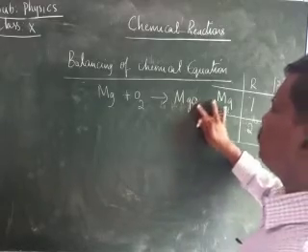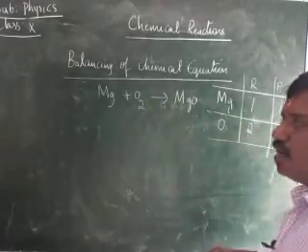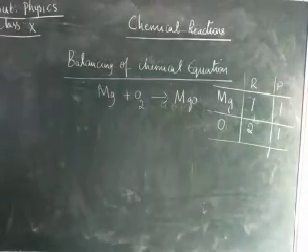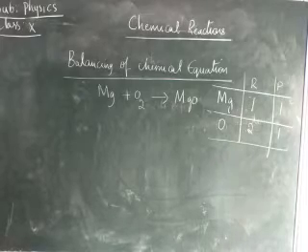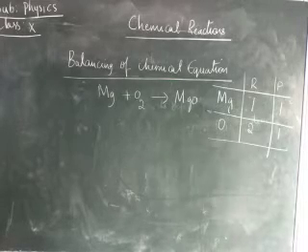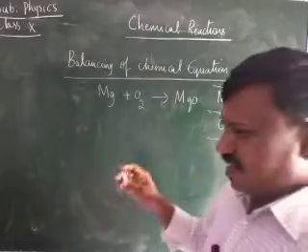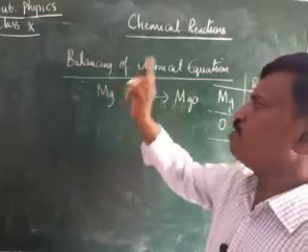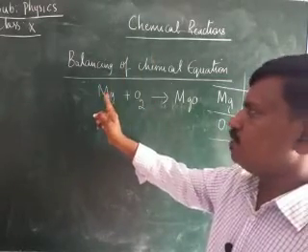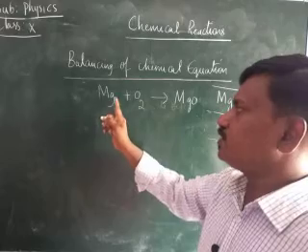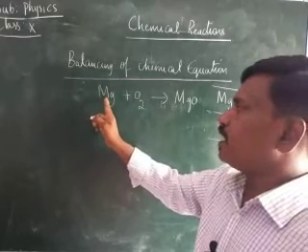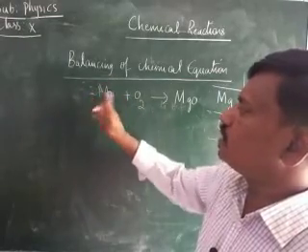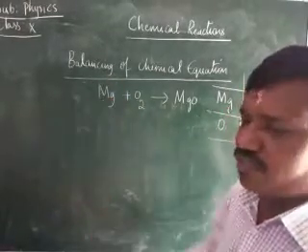Why? Because oxygen occurs individually as a diatomic molecule. O2 is a diatomic molecule, whereas in this reaction the product gives only O. Whenever we balance a chemical equation, we should compulsorily change only the coefficient, that means the coefficient of the reaction, children. Here I cannot write Mg2. In order to balance, I should keep 2 or 3 or whatever number in front of the compound, in front of the atom, children.